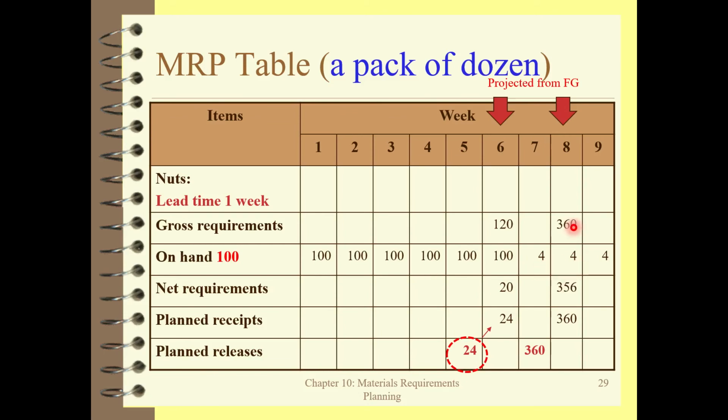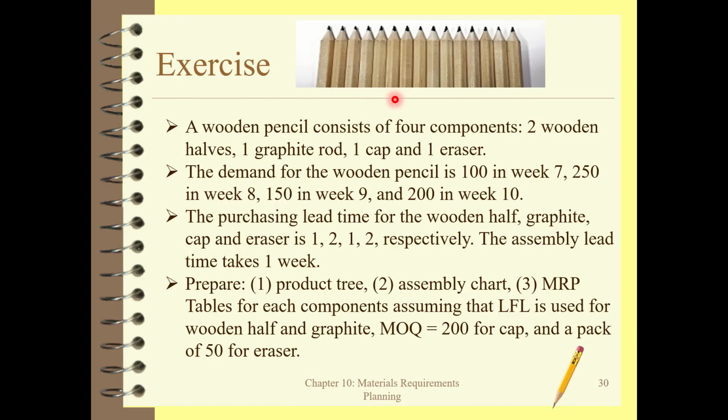So the net requirement is just 360 minus 4 is 356. But you cannot order 356. You have to order 360. Okay? Because that is in packs. Right? Okay? 360 will be 360 and then the remaining item on hand is going to be 4. Okay? So I show you all the trick of this MRP table, and I would like you to practice one